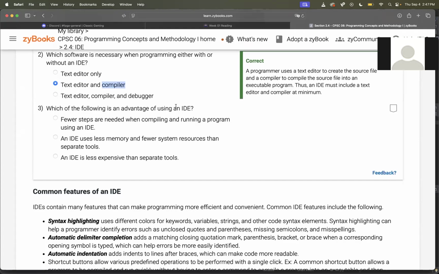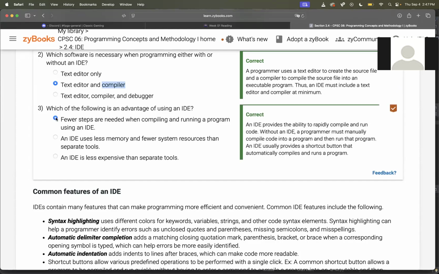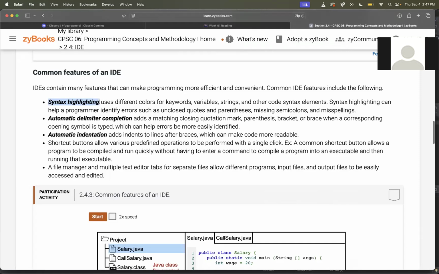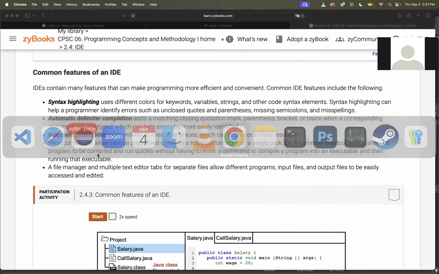Which of the following is an advantage of using an IDE? Fewer steps needed when compiling and running a program? Yeah. An IDE uses less memory? No. An IDE is less expensive? No. Right? So the reason we use Eclipse is because Eclipse is going to be easier for you. Fewer steps. Okay. What do you get? You get syntax highlighting, delimiter completion, automatic indentation, right? Like we're relying on that stuff to help us out